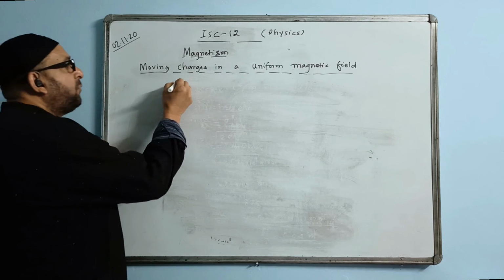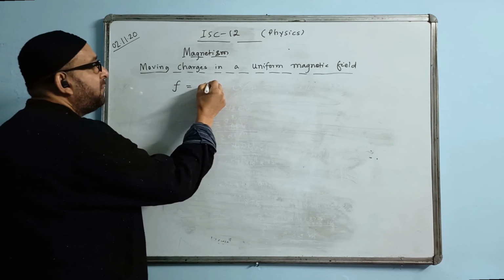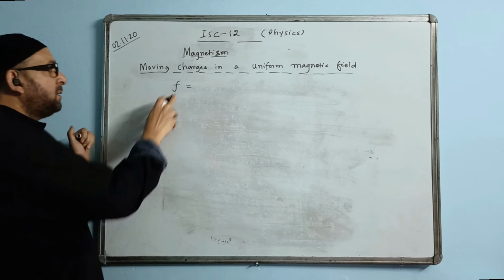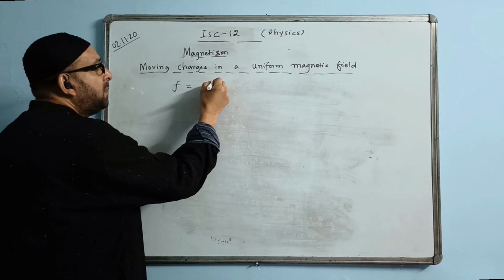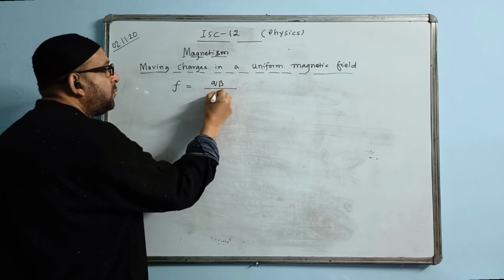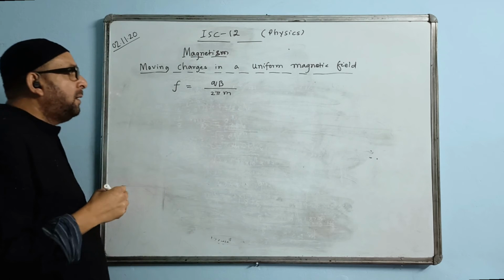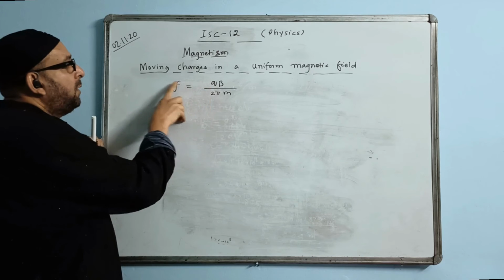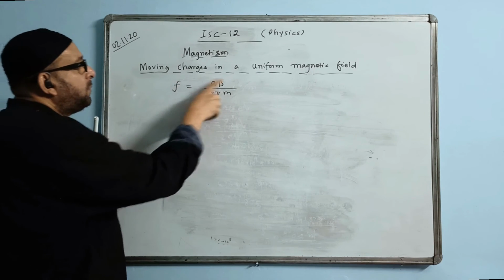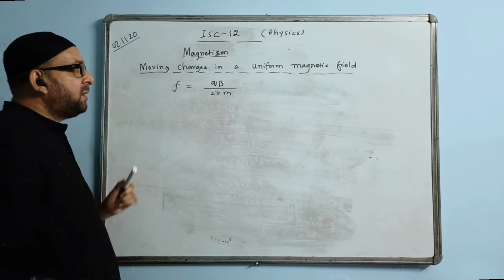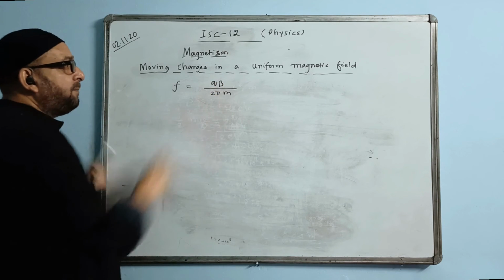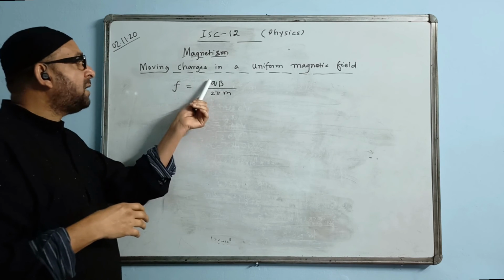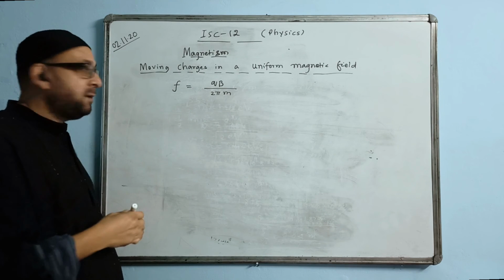So what is the formula for frequency? We check that. Time period formula we had 2 pi m by qB. The frequency formula will be just opposite: qB by 2 pi m. Then here we will see frequency depends upon q, m and B, and 2 pi is constant. But here magnetic field is the same. That means alpha particle and proton will differ in charge and in mass.